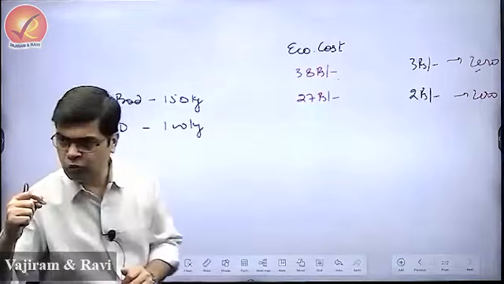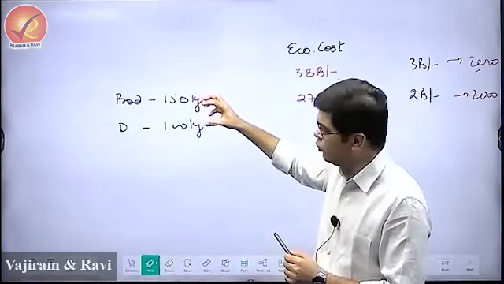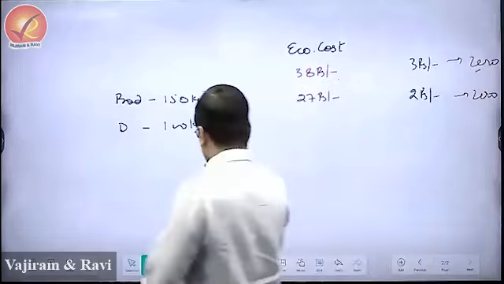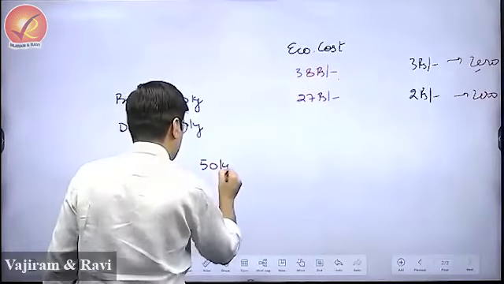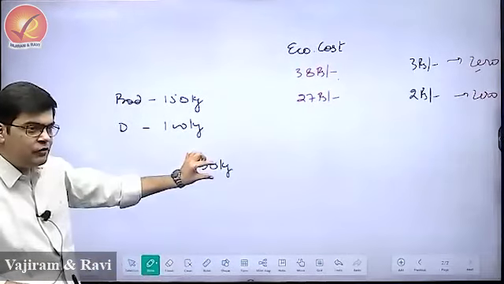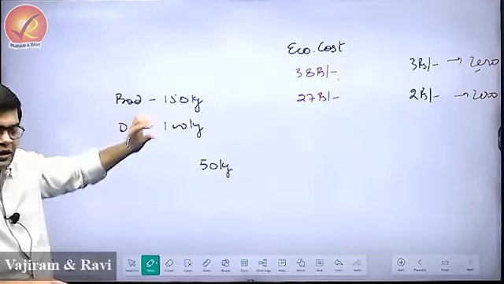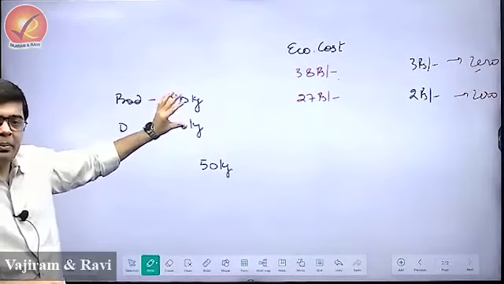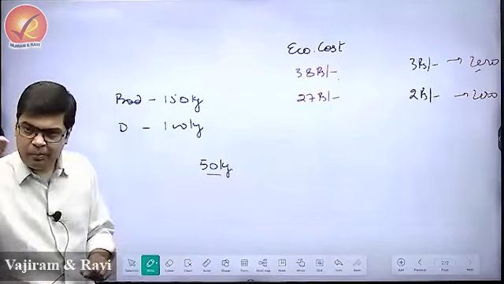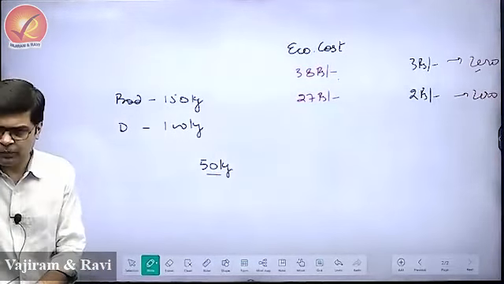So what the government does, in order to maintain a good price, is procure, let's say, 50 kg of rice from the farmers. When the government procures 50 kg of rice, demand and supply are going to match, and then the farmers are going to get a better price. This 50 kg will be purchased by the government at a price known as the minimum support price, which we are going to discuss later on.